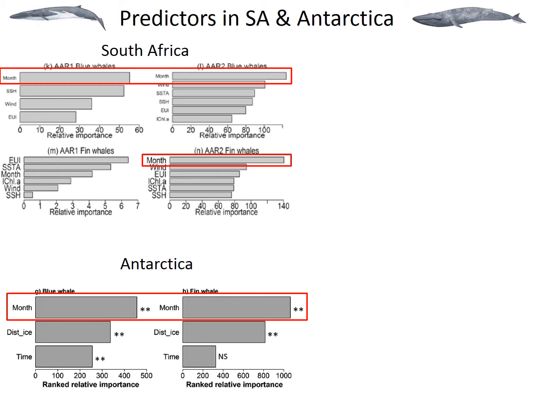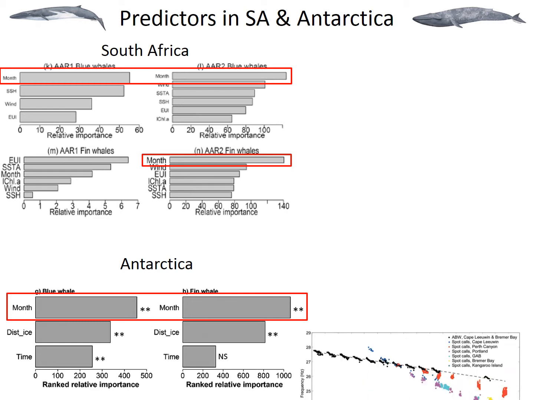And also, what was important as well is the environmental conditions, which are related to productivity, especially the Ekman upwelling index, which is the UIE here, and also the sea surface height, wind speed, and chlorophyll A, which were important for predicting the occurrence of these whales. This is also encouraging, as it is important for us to know what kind of environmental conditions these whales prefer, and what will be the effect of future climate change or global warming in the case of different oceans.